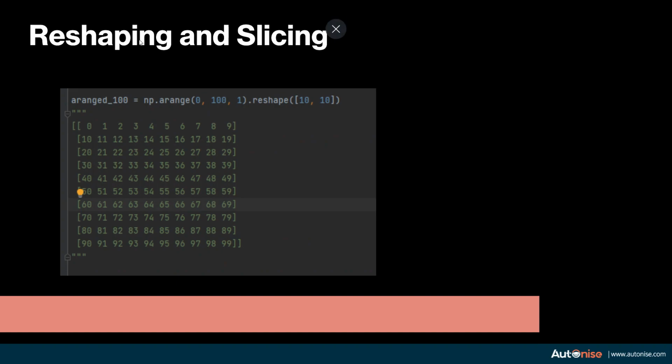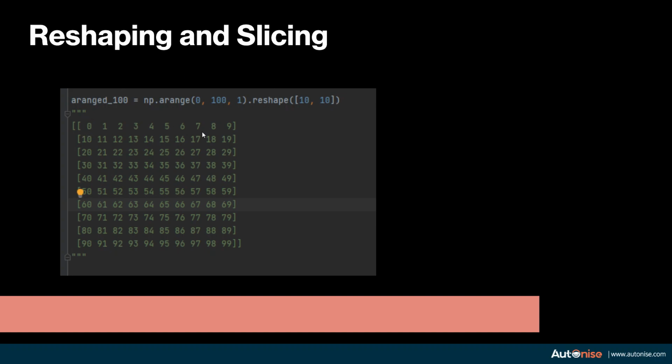So first of all, let's have a look at reshaping. Let's say we generate a sequence of numbers starting from 0, ending at 100 with a step size of 1. So this will generate numbers going from 0 to 99. And then we reshape them to a size of 10, 10. So this will convert your one-dimensional array, which goes from 0 to 99, into 10 rows and 10 columns like this.